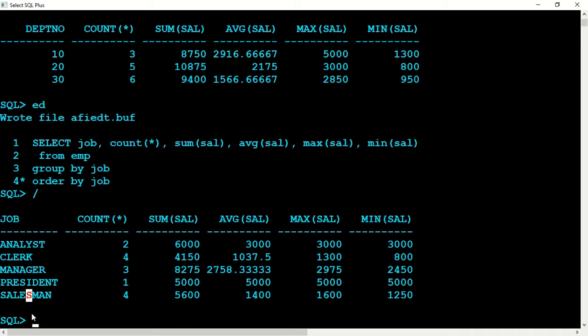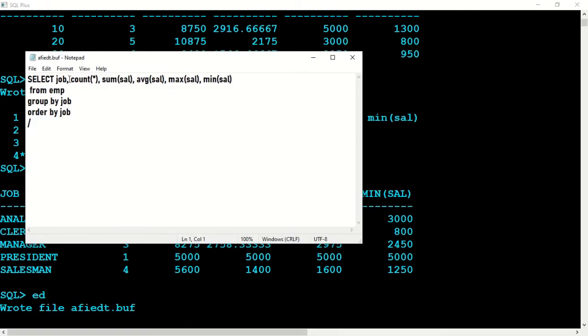So I'm going to edit it, ED. So we say here I want the department number, DEPT number also. When you say department number, then we have to give it here also, because department number is not grouped, whereas job is grouped. Job is grouped because we say group by job. But we have not said group by department number, so we have to say group by department number. So I'll copy this, Ctrl C, and say first you group it by department, then you group it by job. Again the same thing, group by department here.